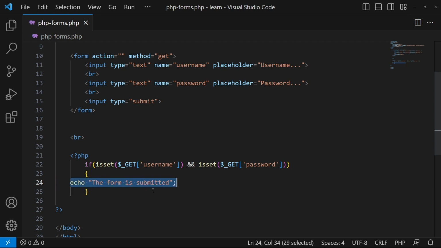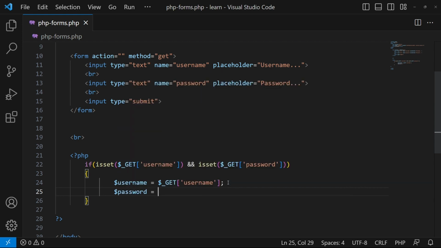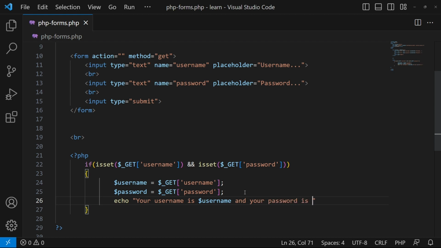First of all, I will remove this echo, and I can type here username is equal to $_GET, and here I will copy my username and paste it here, semicolon. After this, I will type here password is equal to $_GET and password. Basically, here I'm getting these two keys' values and storing them inside these variables that I have created. And here I will just echo "Your username is $username and your password is"